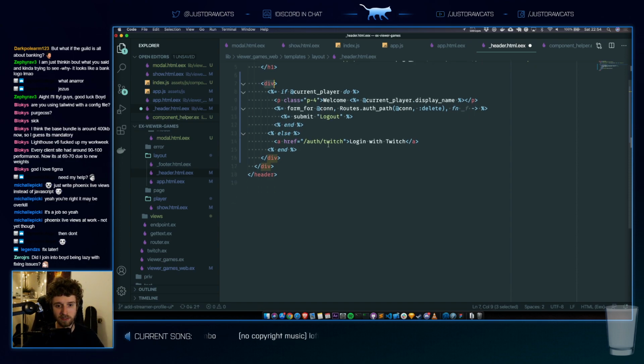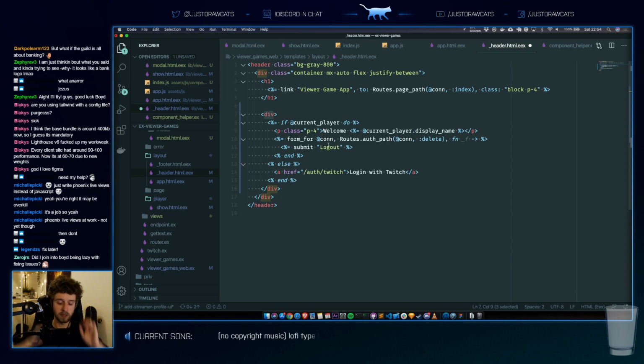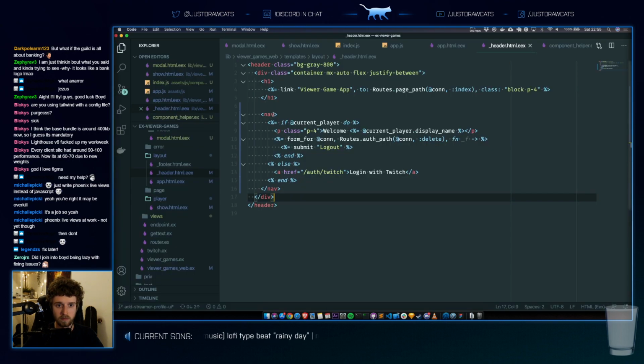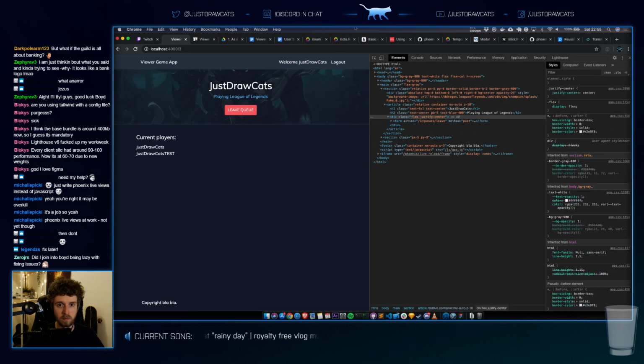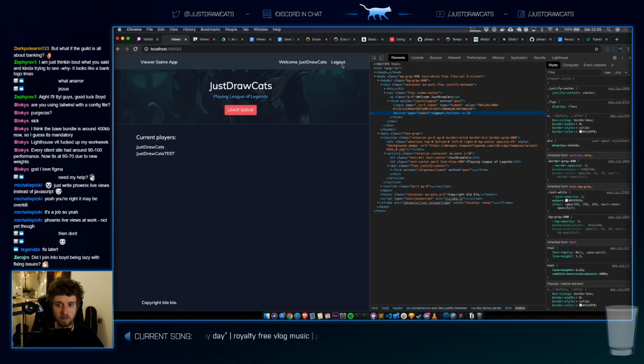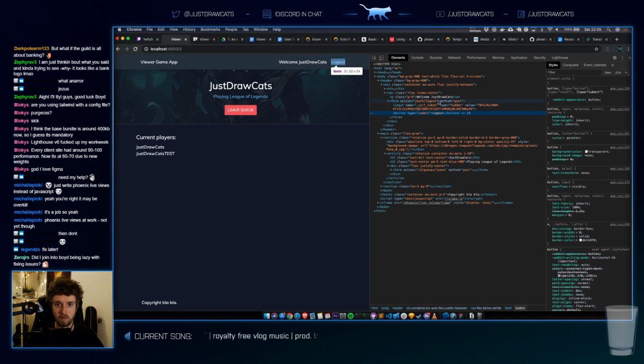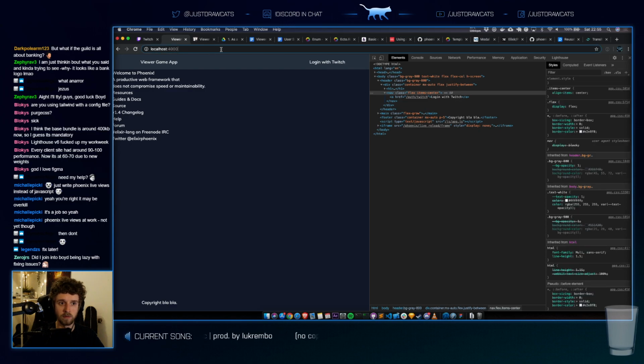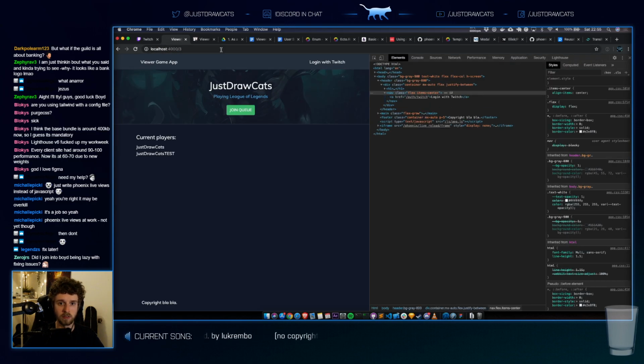I don't know if this should be a nav because this is not the header navigation, but okay, if we log out, we go back to user 3.